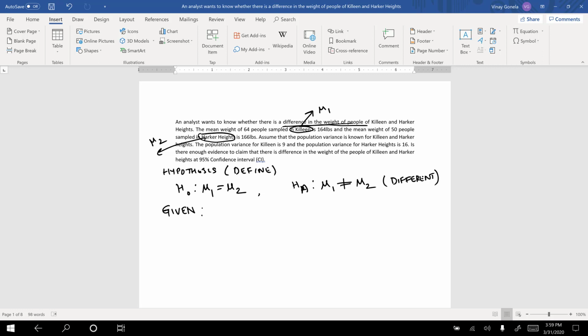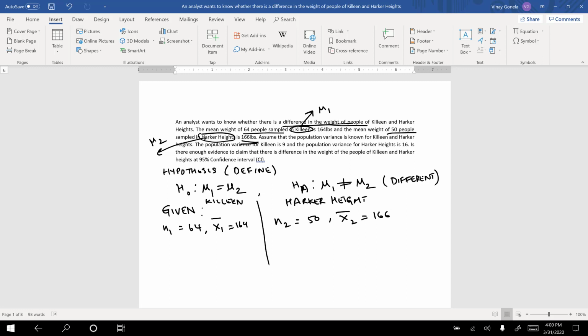The weight of 64 people sampled in Killeen. So this is Killeen data I'm writing here. So N1 is 64 and the mean weight x1 bar is 164, and then the mean weight of Harker Heights, let me write Harker Heights, N2 sampled people are 50 in Harker Heights and the mean is 166,